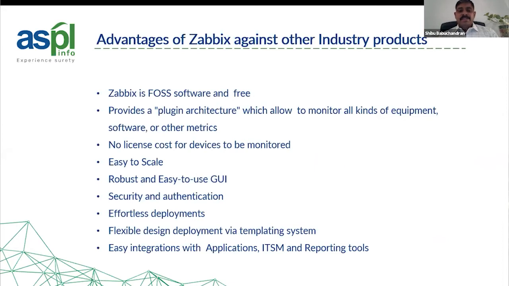There are many plugin architectures available which allow you to monitor any devices. So if you have a server that you're not able to monitor, but you have MIB files for it, it can easily be done. That's the easiest way to get things done. It can get into metric level monitoring, wherein you can have your services as well as the threshold of memories monitored. So it drills down to the level wherein you can identify where the problem is, other than having a high level view of just the application going down. The plugin architecture helps you understand the root cause within the infrastructure, having all your infrastructure devices monitored in a single platform.